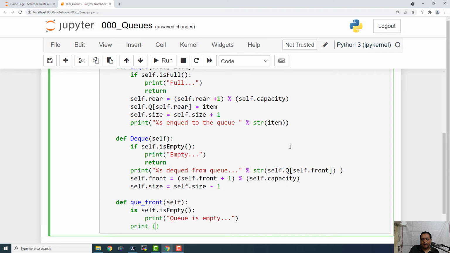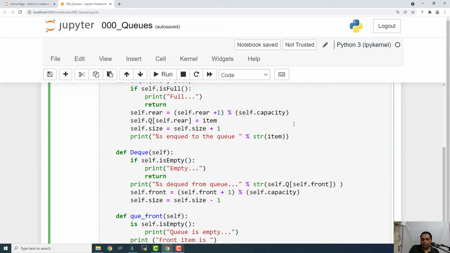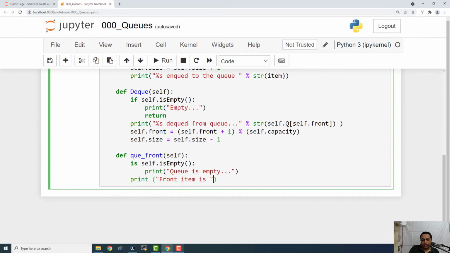And print front item is, and here you are going to say plus str of self.queue[self.front].